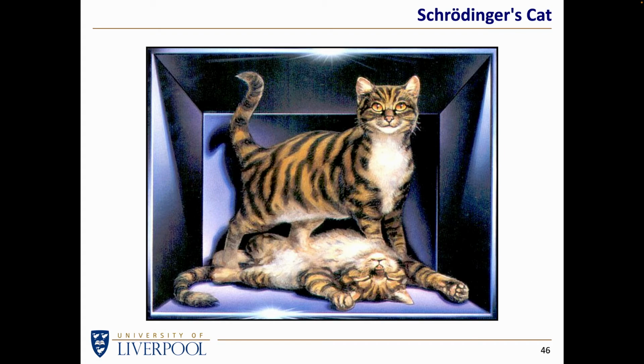It is not a question of our ignorance. It's not a question of, well, the cat is one or the other and we don't know which until we open the box. No, quantum mechanics says it is in both states. And then when we open the box, we make a measurement and the cat becomes dead or the cat becomes alive. And the idea of Schrödinger's cat was Schrödinger's attempt to point out that things that behave reasonably sensibly on an atomic scale,